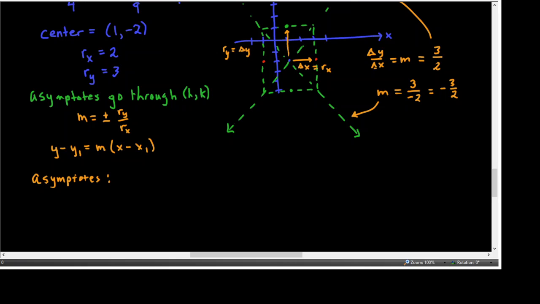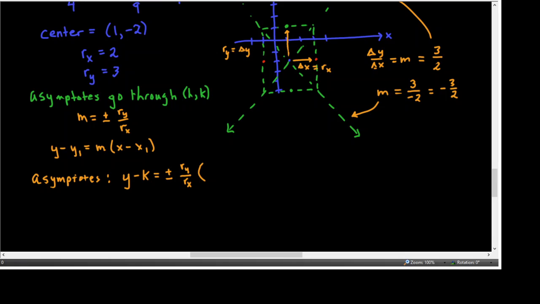So the asymptote equations will always be y minus k, because that's a point that they cross through, is the center, equals the slope. One of the slopes is positive, the other negative, and the slope value is r sub y over r sub x